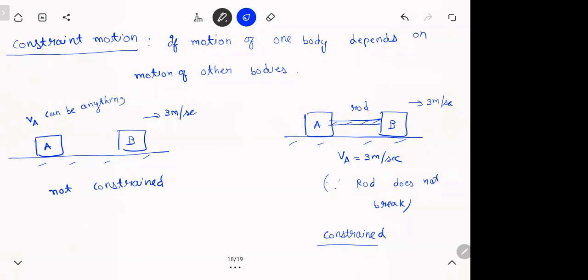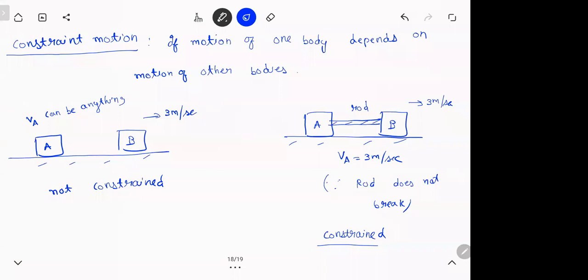It is like when you go on a cycle and you're pedaling. The speed at which you are pedaling will affect the speed at which the cycle's chain will go. The chain will affect the wheel's rotation. The wheel's rotation will affect the speed of the cycle. If you see, all this is connected. It's not independent. If you're riding slow, you can't expect the cycle to go fast. So when you're riding a cycle, it's a constrained motion. How fast your legs are rotating will make the wheel rotate faster, and that will make the cycle go faster. So it's all a constrained motion there.